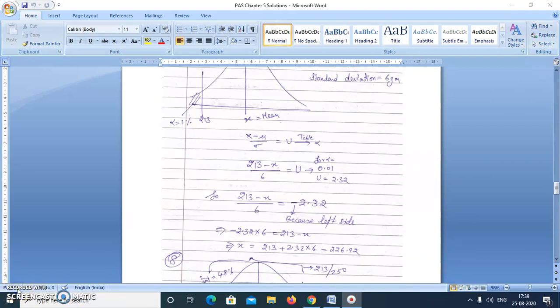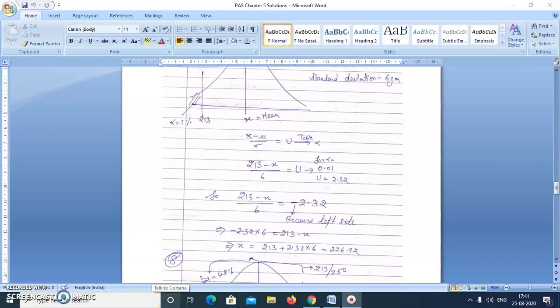Second part I haven't shown here, but we can calculate. We'll take the value of x to be 218 and then convert the normal distribution into standard normal distribution in the same way, but we have to take the value of u to be negative because 218 is on the left side of the mean, which is 227, and in the second case, that is 233 grams, we'll take the value of u as positive and repeat the process, and then whatever areas I'll get, we'll just add both of them and subtract from the 1. So we'll get the required answer.